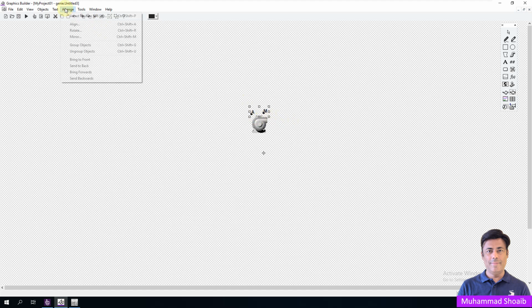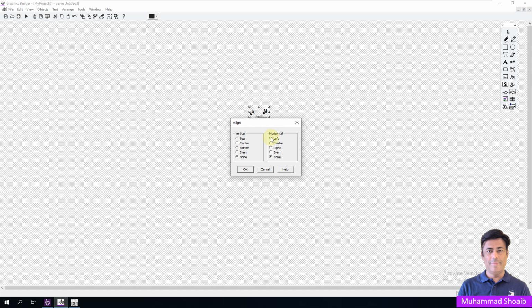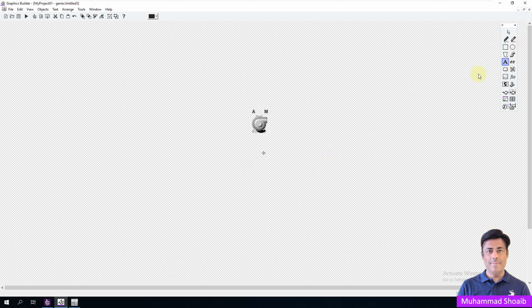I will align it top, and adjust a little bit. I will take one more tag here that should be the name,